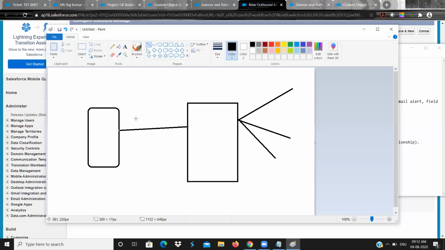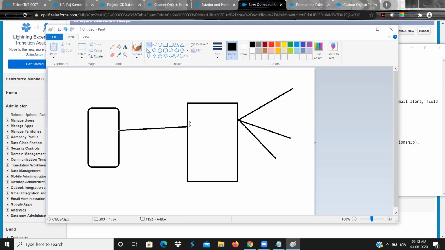Let us say you have a case object, and in that case object, whenever the ticket is closed, you want to send an email with some 10 questions, and with smileys in between all the questions. Five smileys: angry, sad, happy, like that. Some interactive emails that you want to send. Here we cannot have smileys and emojis in the email templates.